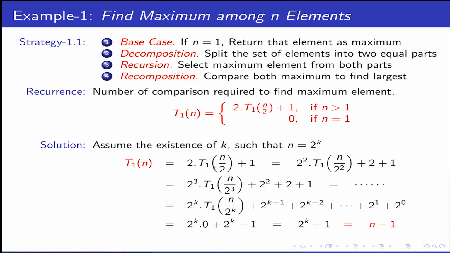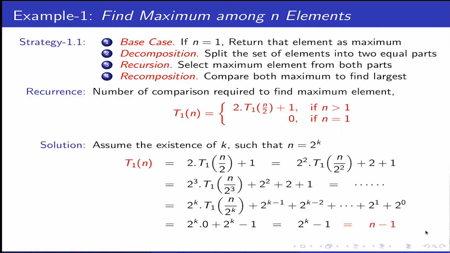So this will be unfolded as 2T(n/4) plus 1, which means it is 2 square T(n/4) plus 1 into 2, that is 2, and this one is 1. Again this step is unfolded as 2 cube T(n/2 cube) plus 2 square plus 2 plus 1. So the generic final formula will be unfolded till this quantity reaches 1, because I have assumed for a large n there is a k such that this happens. So this quantity becomes 0. It is a sum of 2 to the power k minus 1 down to 2 to the power 0, which is obviously 2 to the power k minus 1. And I have assumed n equals 2 to the power k, so this is n minus 1.